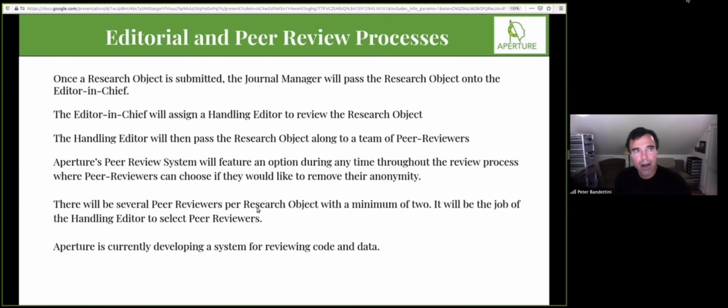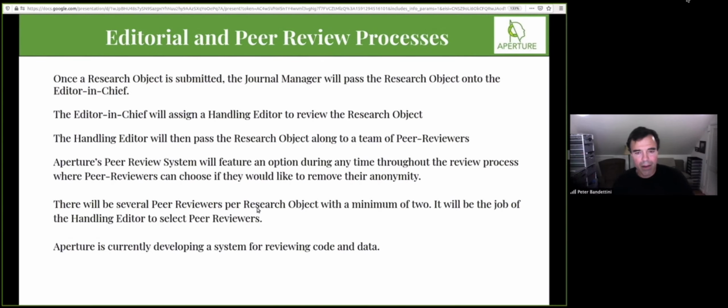I just went over this. Essentially, we've had a lot of discussion about the various review systems, like having double blind or having everyone either anonymous or not, the reviewer anonymous, not anonymous.